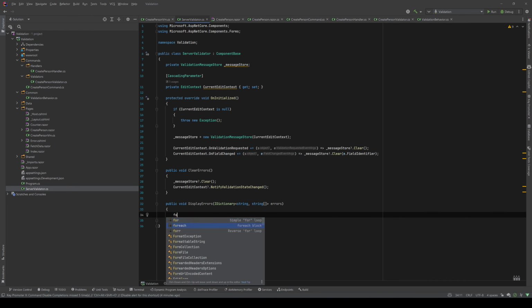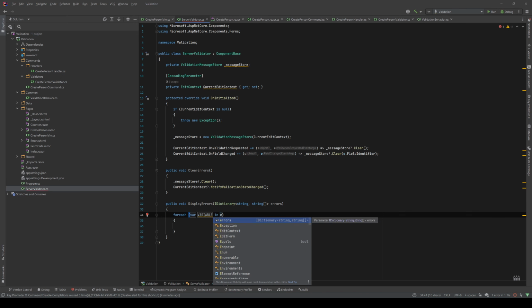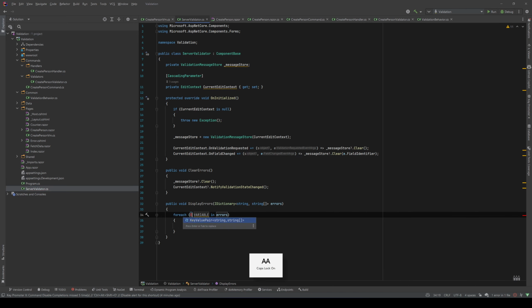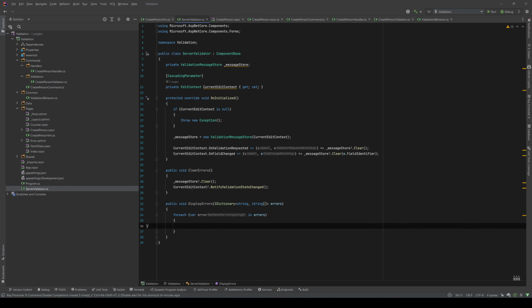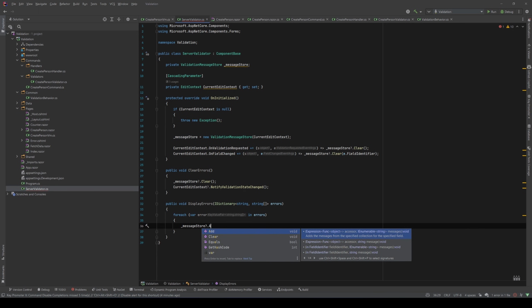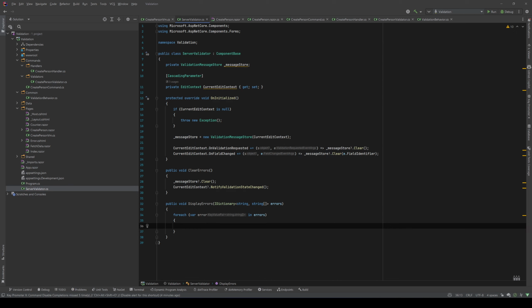Okay, now let's go through the errors. For each error in errors. Okay, we need to add to the message store, and let's see what that add method takes as parameters. We will use, and now we need to add the errors to the message store. So message store dot add